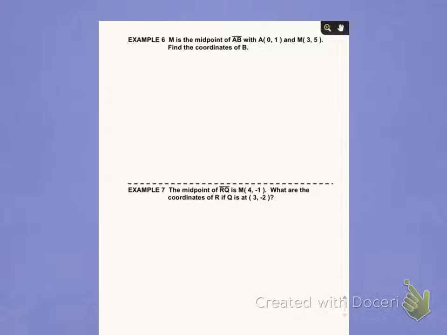We know the midpoint, we know A, we need to find B. So again, what we've got is x1 and y1, and we know xm and ym, and we need to find x2 and y2. So you look back at your formula. So we have xm is equal to